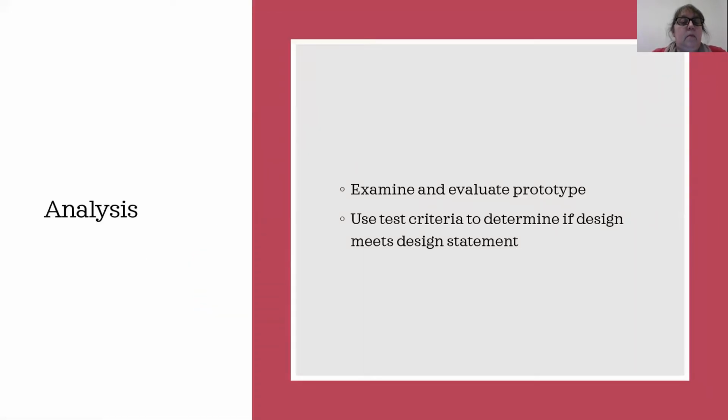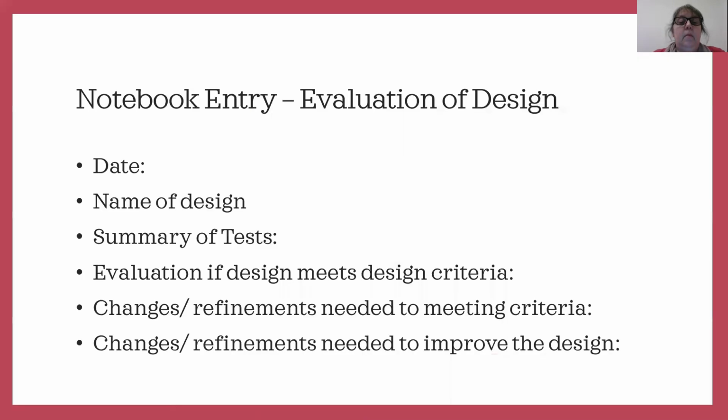You'll say you made your tests, and then you're examining your data, and you'll say, okay, now that I've done my tests, did I meet my design criteria, or do I need to improve it? So quite often you need to improve it, make another tweak or something. So here's your evaluation notebook entry. You're saying, okay, here's the name of my design, the summary of my tests, the evaluation of whether it met the criteria, yes or no, and changes that you need to make if you aren't meeting the design criteria,